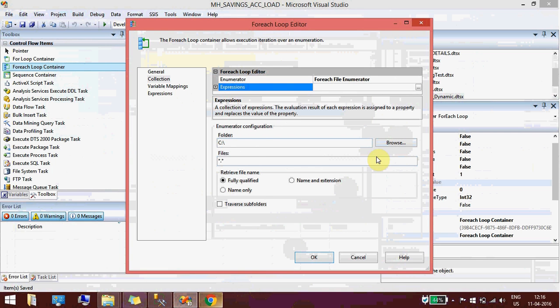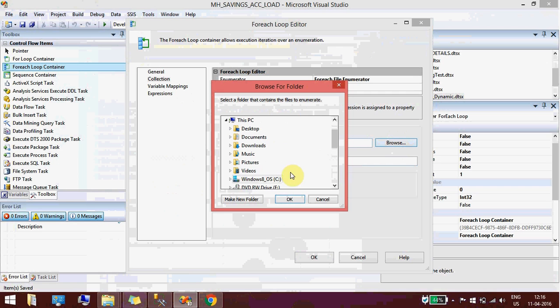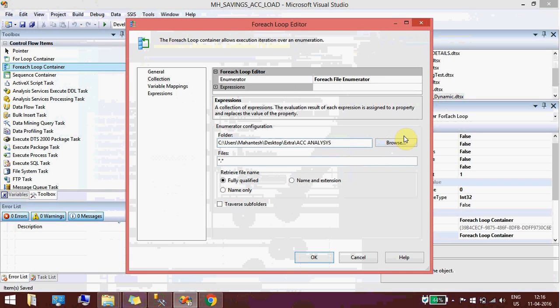So you need to define this path, where the data is located. In my case, desktop. So here it's located, right? I'll take this as name and extension. And the data is starting with OP, XLS, right?